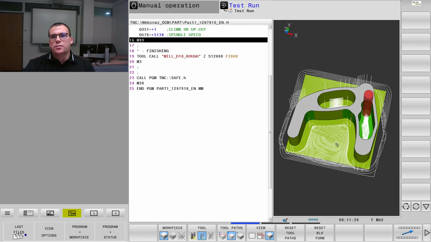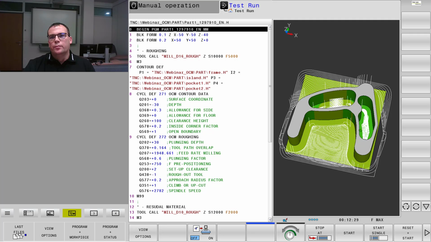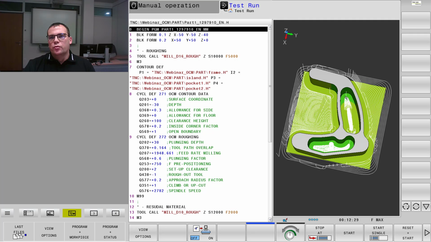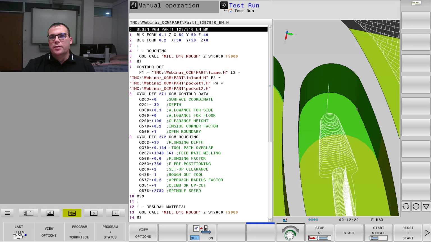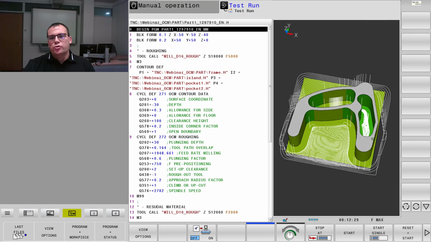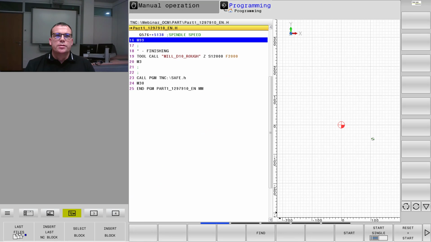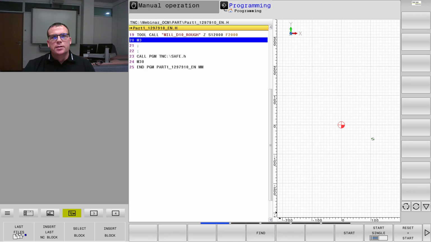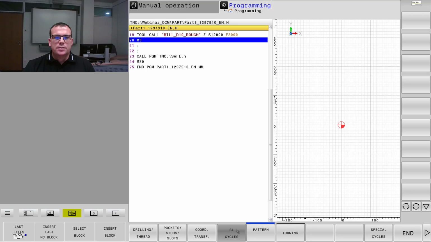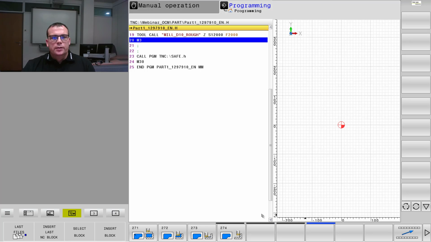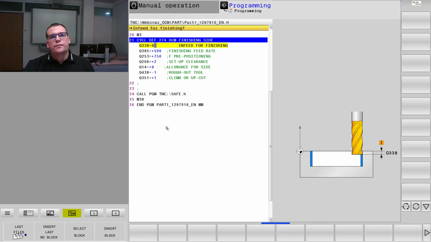So when there are elements which are too small for the diameter 10, then I need another miller to make the finish of the contour completely. And here we see in this dark green areas here, there the diameter 10 tool was working, and now the roughing is finished, and we just do the finishing process, cycle def, SL cycles, and 274, just finishing the side,